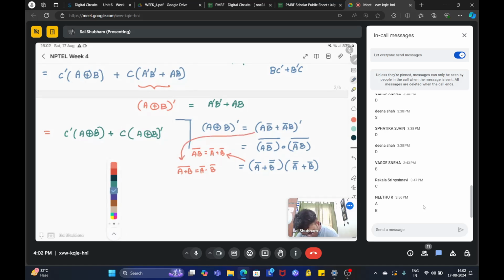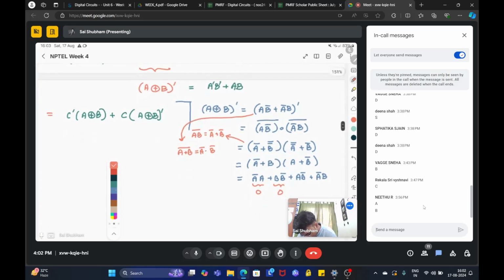Okay. So this can be written as (A bar plus B) into (A plus B bar), which will be, and as I mentioned earlier, this will be 0, this will be 0. Okay. So we have,